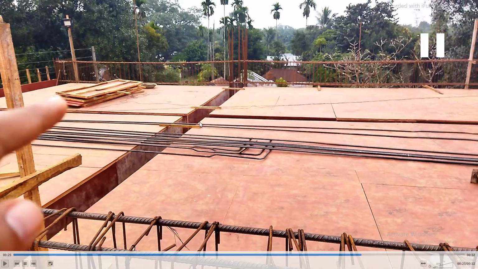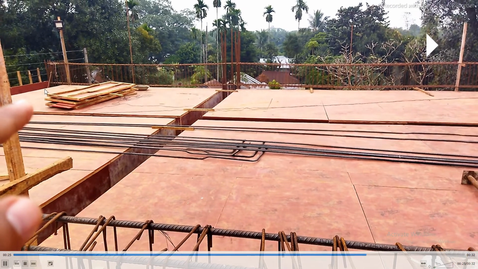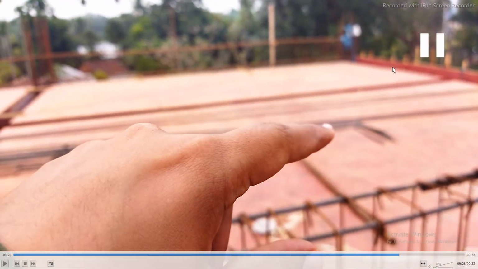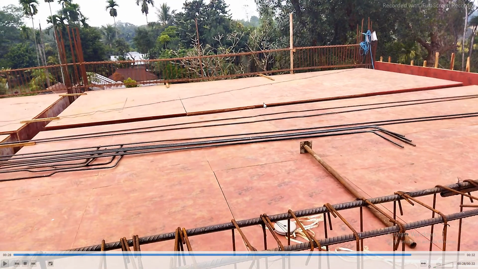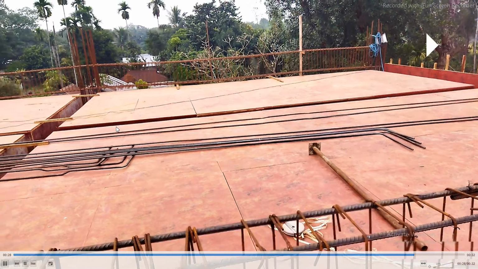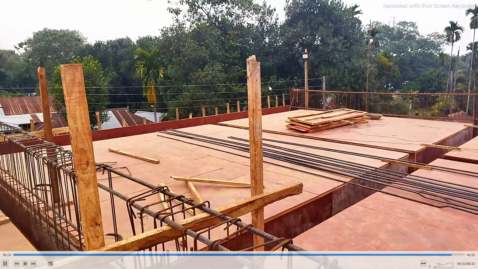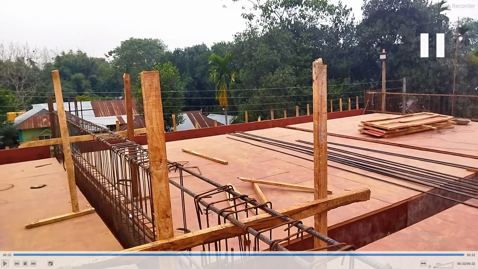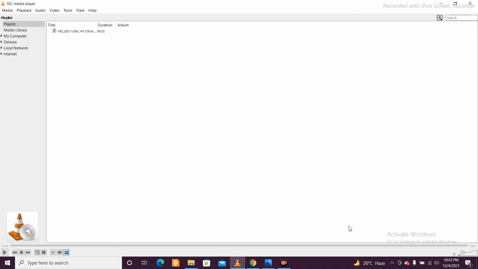The next thing you need to check, actually before checking the rebars, is your level. You can fix a thread from this end and at this end, and then check with the help of a measuring tape the level or the height from the thread, so that you can see whether the slab is at a single level or not. You can also use an auto level or rotation for this purpose. You can also check the width of these beams. Suppose in this figure you can check the width of this beam and the depth of the beam also, according to the drawing.